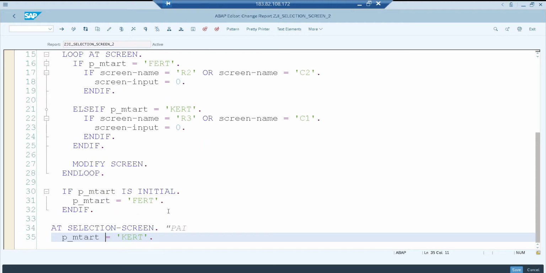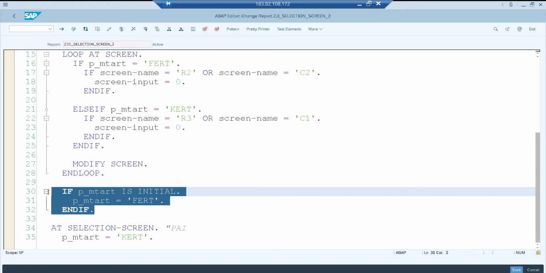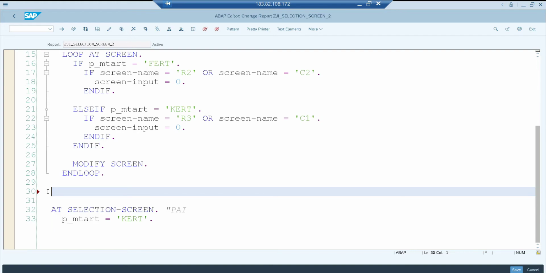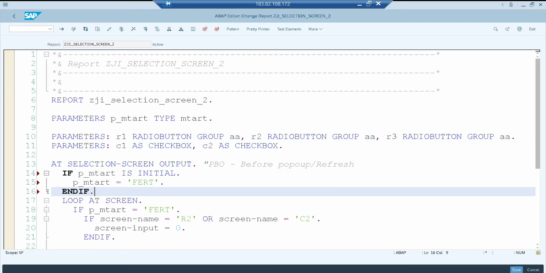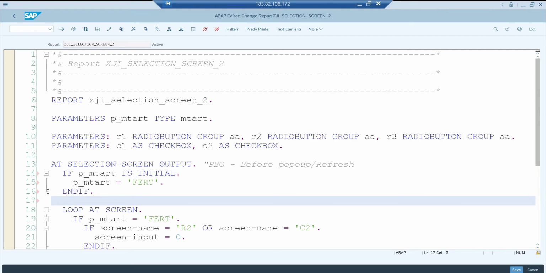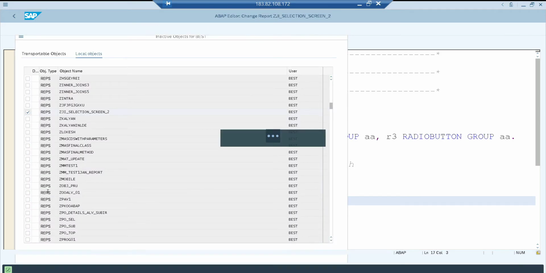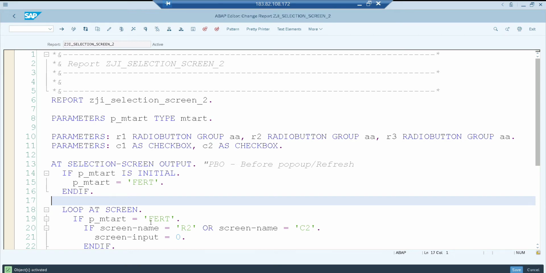It's coming after the looped screen. That is the problem. So this is not happening. So before the looped screen, I need to keep my initial values. Yeah. Now the pop-up itself, it comes here, is assigned a value FERT, then it executes this point, then this